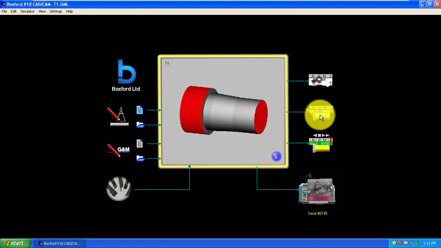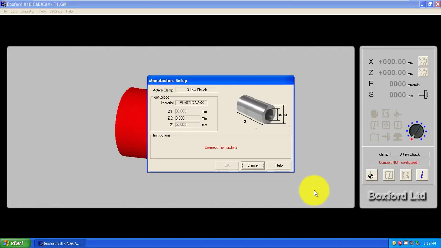Again, you can see the edit option. If you want to edit the code, you can easily do so to reduce the time or to increase productivity. You can also directly simulate the CAD model or the generated G and M codes. And after that we have the option of real-time manufacturing. After ensuring that the codes are okay and the simulation is as per the design requirement, you can allow your design for real-time manufacturing.